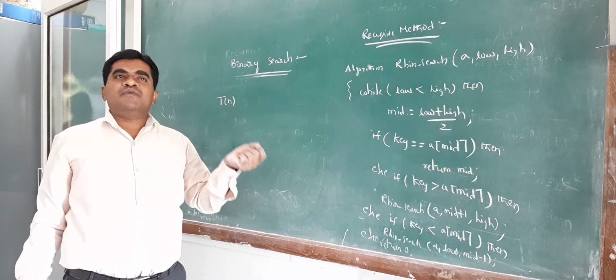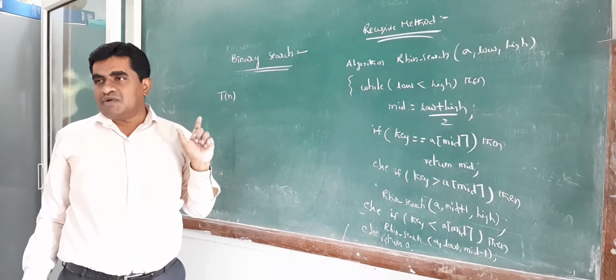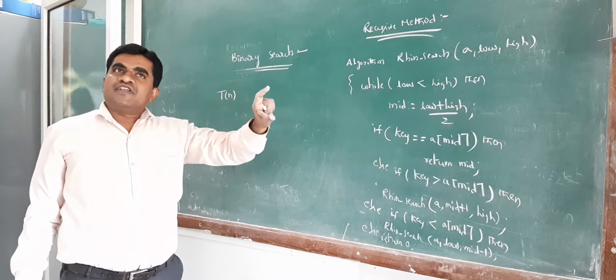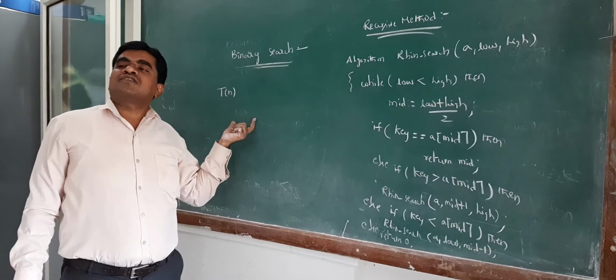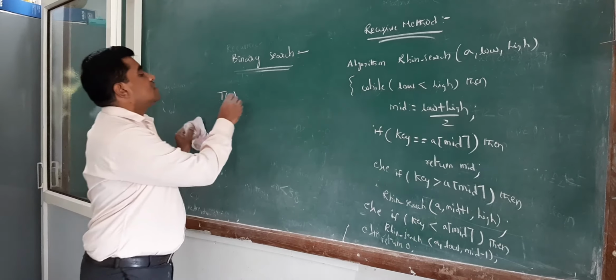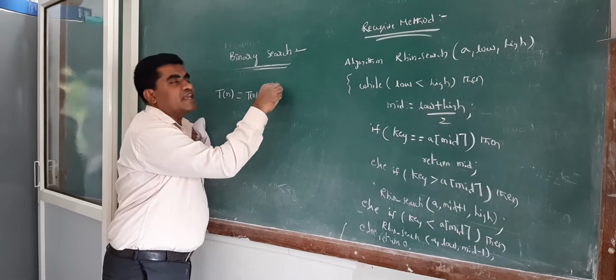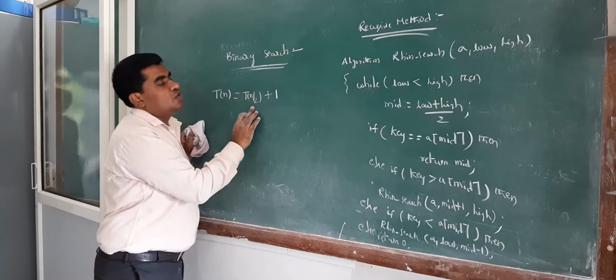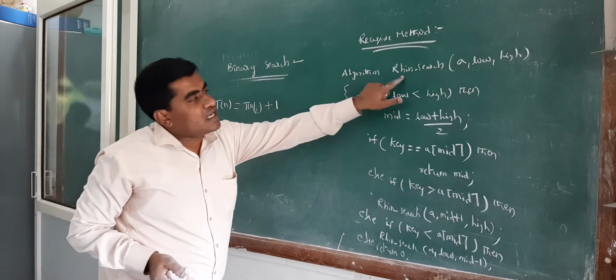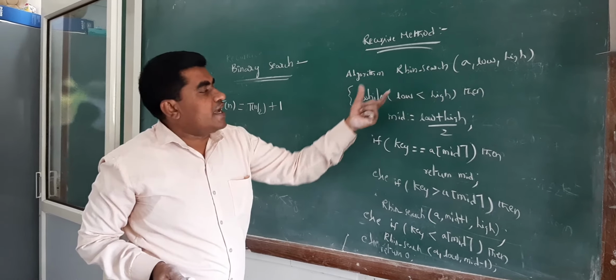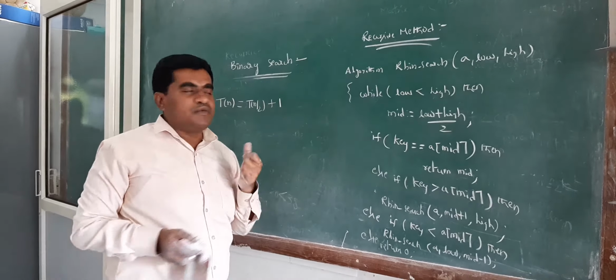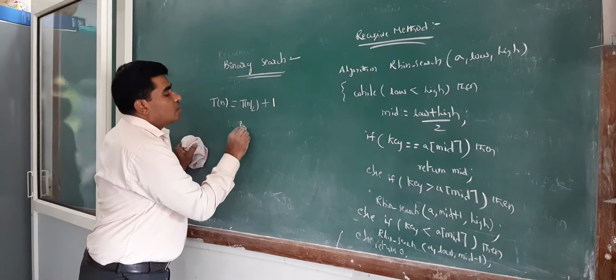Otherwise, if the search element is greater than the mid value, we enter sublist 2. If it is lesser than the mid value, we enter sublist 1. So we enter only one sublist, and every time we make only one comparison. Again and again we recursively call the same procedure, and again sublist 1 is split into two sublists.